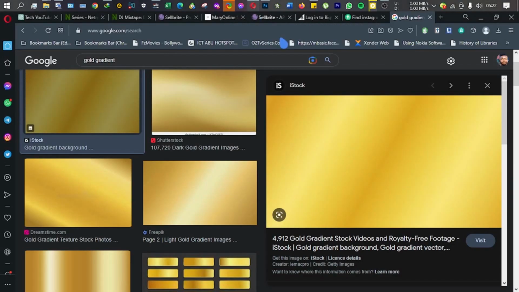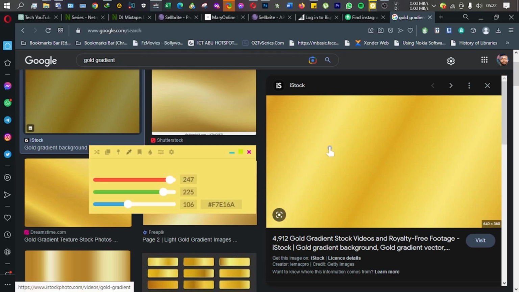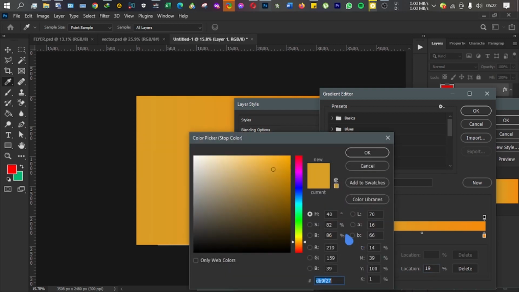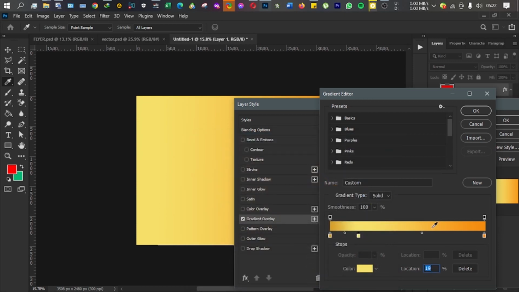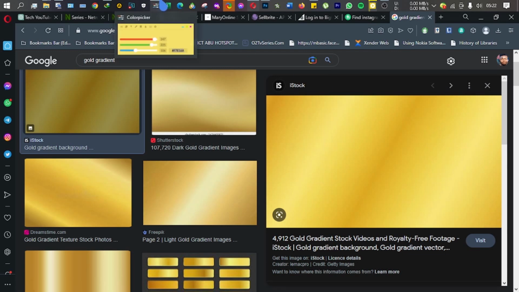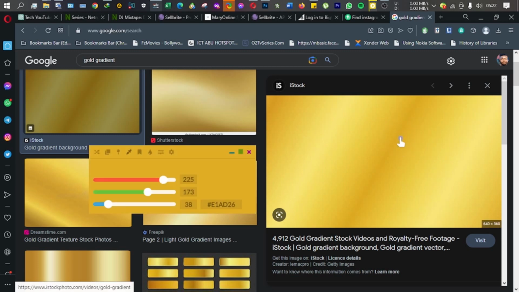Now I still need this particular shade of the color, so what do I do? I go back to my color picker once again, pick the color. If you notice, it's slightly brighter than the previous color. Then I'll add the color here, double click on it, and then paste. Now I'll go back to the web page again, get my color picker, pick this particular shade of the color,